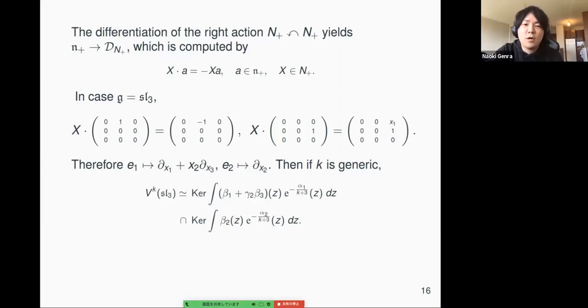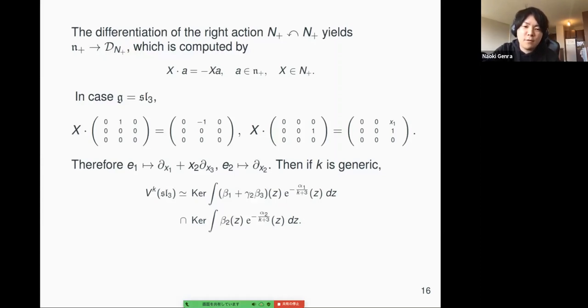And this can also be computed in a very simple form, because now A is n plus, so it's very easy. In the SL3 case, we consider E12 acting on X by this one, and E23 becomes this one. So this implies that E1 has this differential representation, and E2 becomes this one. And then the generic case,